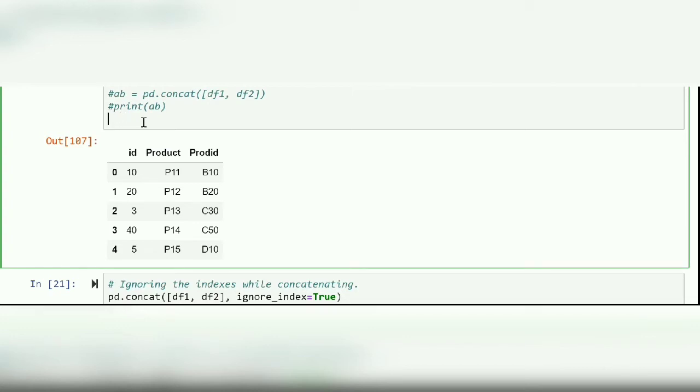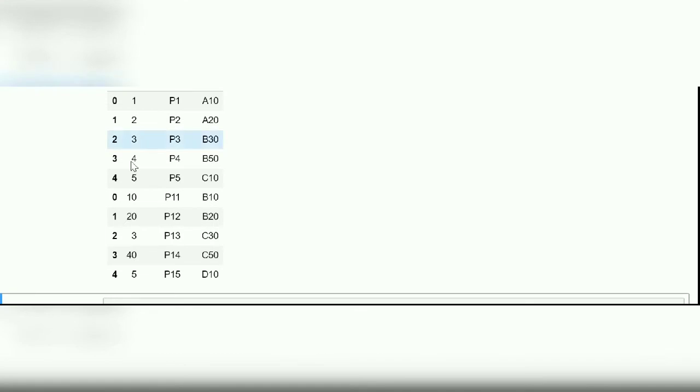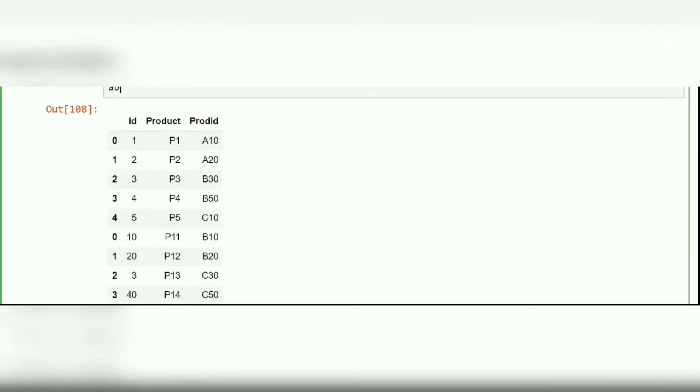Now if I print the variable that I've created from pd.concat, you can see the indexes here, 0 1 2 3 4 0 1 2 3 4. So this has concatenated along the index because I've not passed any value. So you need not specify axis equals 0 for concatenating along an index. That's a basic concat.